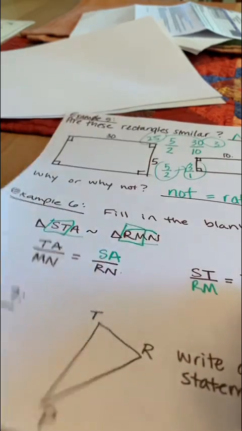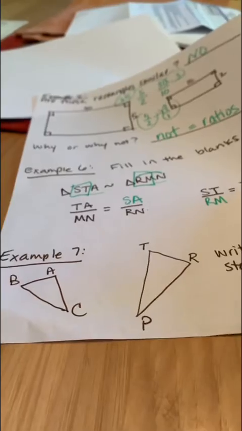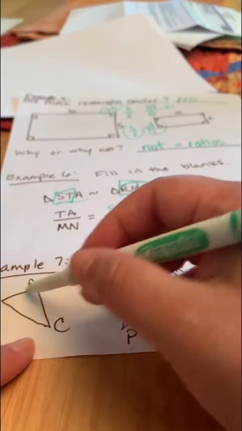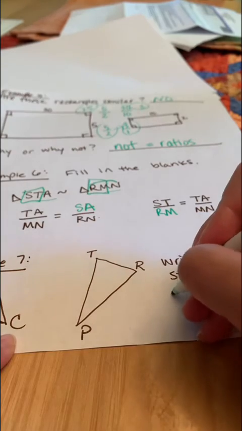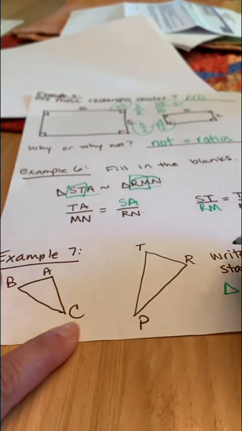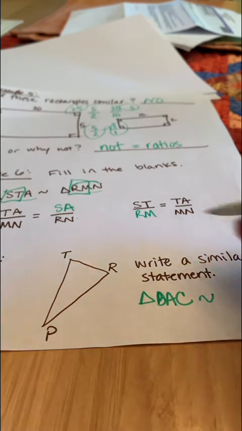Okay, and then last thing here is write a similarity statement. Now, because you're not always given all the information, you just want to go from shorter sides to the bigger sides. So I would say put triangle, what do we have? I'm going to label one triangle first, BAC. I'm going to put similar, and then I'm going to go